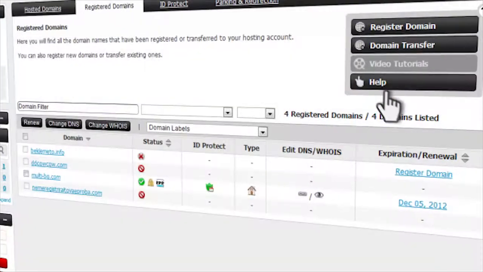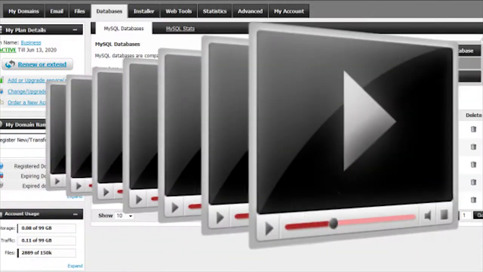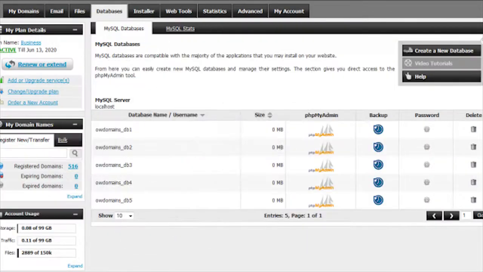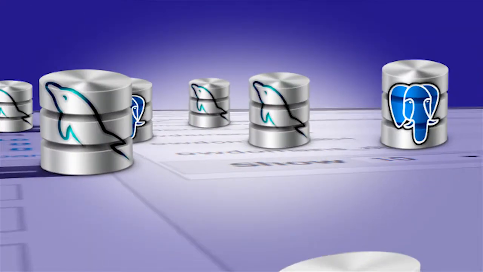And what's really nice to see with the Hepsia Database Manager is that it has a lot of context help and video tutorials to guide you along. So if you're a seasoned pro or you're just starting out, Hepsia has everything you need to